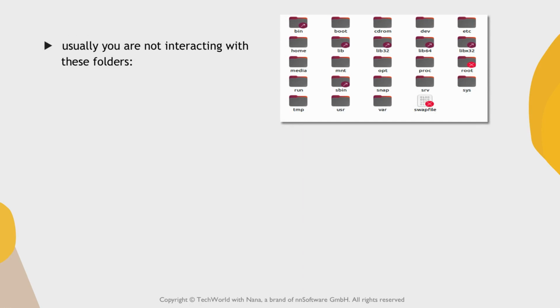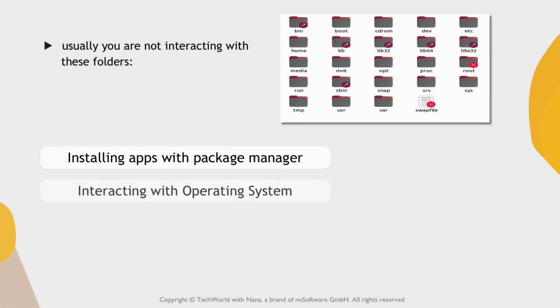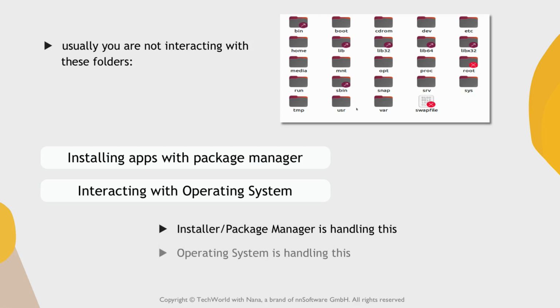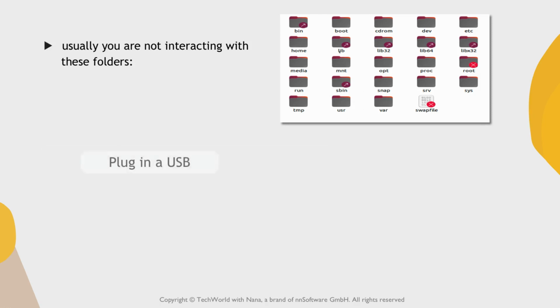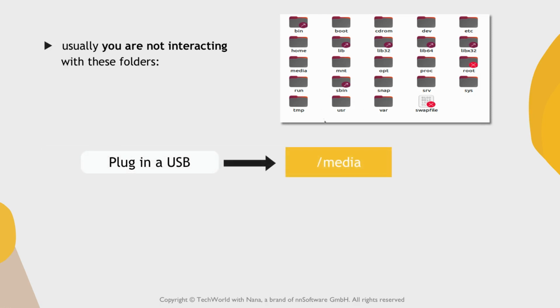When you install applications using a package manager tool or installer or whatever, and when you interact with your operating system, you will not be directly updating this stuff here. Instead, the application installer or package manager tool or the operating system itself will be actually updating the folders here, right? So as I said, if you plug in a USB, basically, it will automatically be mounted in your system,